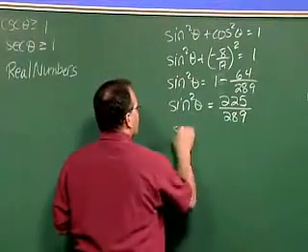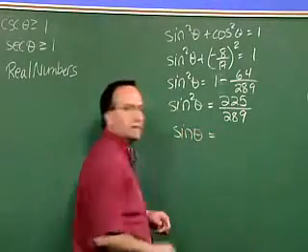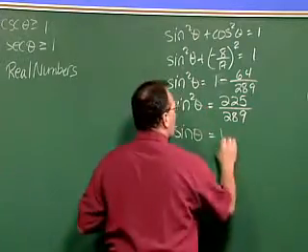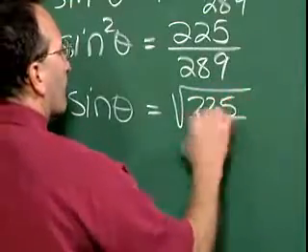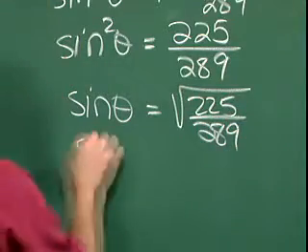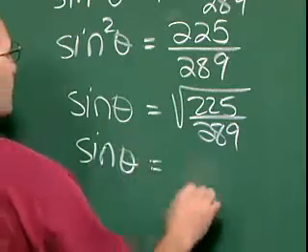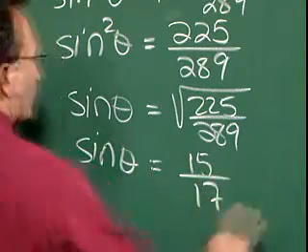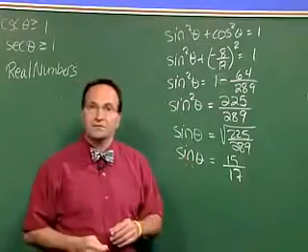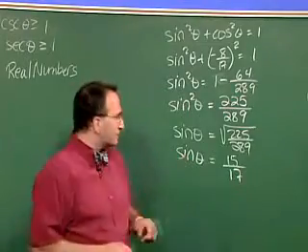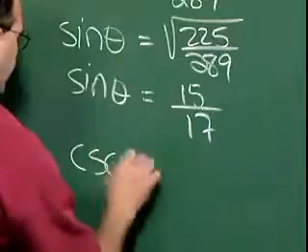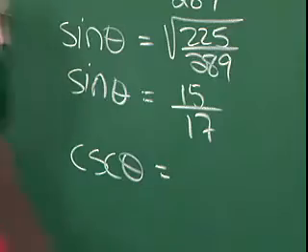Once again, we know that sine theta is going to be positive, so we only have to worry about the positive root of 225 over 289. That gives me an answer for sine theta equaling 15 over 17. Well, immediately, if we know sine theta is 15/17, we know that the cosecant theta is the reciprocal, or in other words,